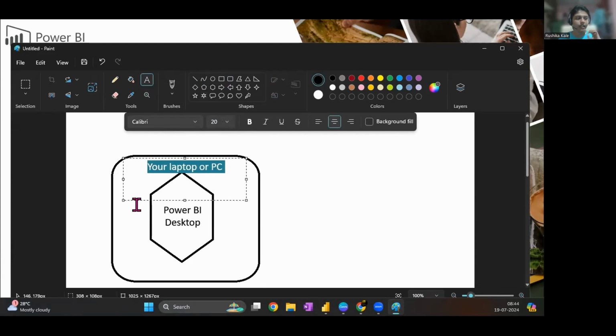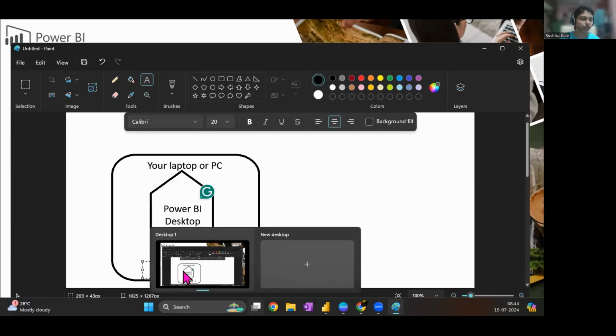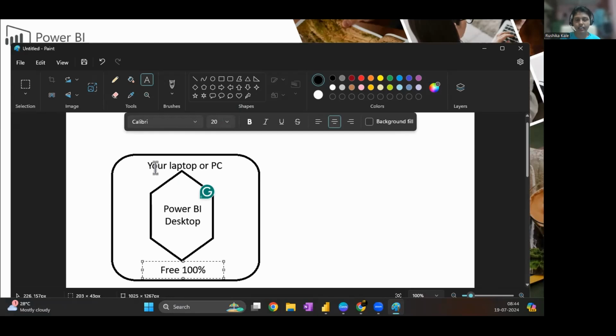Okay. And Power BI desktop here is completely free. So whichever location you are downloading it in your laptop or in your systems, it is completely free. 100% free. There is no charge. All the features that come every month are also going to auto update itself, and it is not going to charge you anything. Every feature we are going to see in that software is going to be free. And yes, Ravikant, it is free for the organizations as well. I am only talking about Power BI desktop right now.